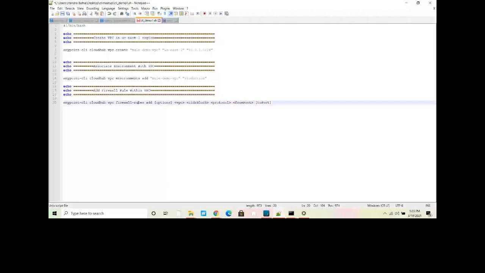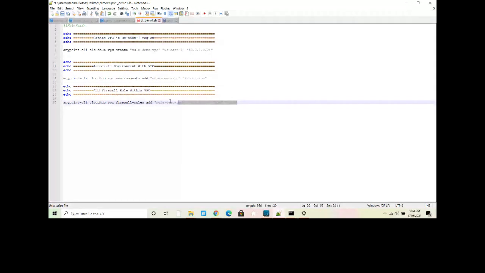You want to add a firewall rule, so as options you have to provide the VPC name first, which we have created just now. Then you have to give a CIDR block. I want to allow this particular port from 0.0.0.0, so it should be accessible everywhere. The protocol should be TCP and port 8081. You can also give a range from one port to another, but I will just say 8081.